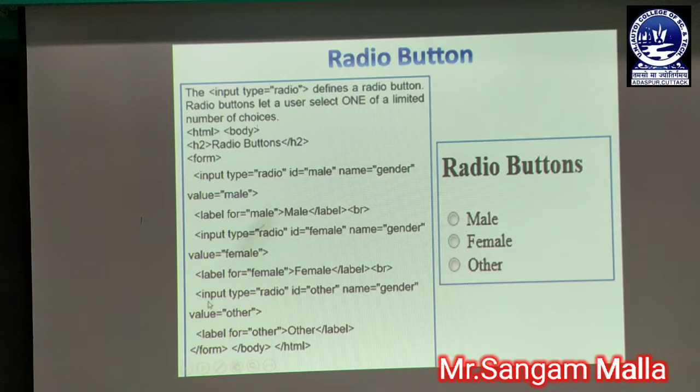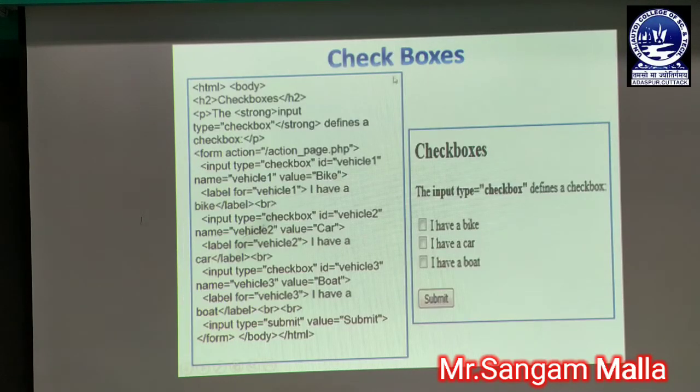Next, whenever it comes over here, we have to insert another radio button. So we have used input type equal to radio where id equal to other, and we have also put this other option inside the gender group. So we have specified it inside the name attribute, and value equal to other. So this is the implementation of 3 radio buttons with 3 labels. We have closed the form tag over here, followed by the body tag and the HTML tag. You can see that this is the source code and the reflection of the source code is over here. Now we will be moving to another part, that is checkboxes.